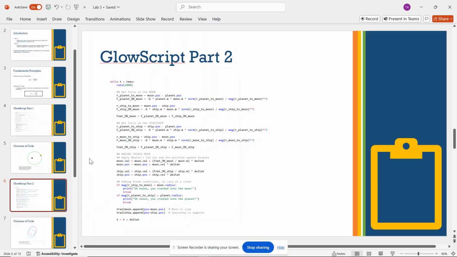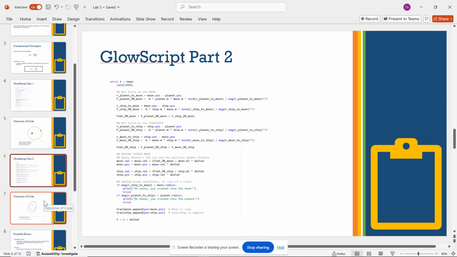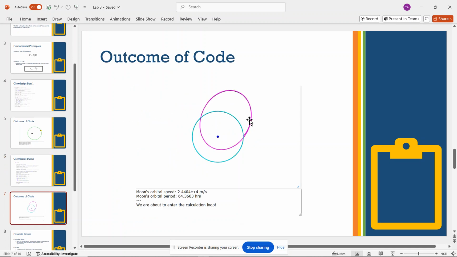For part 2, the code is again a calculation loop in which we find the net forces on the moon, the net forces on the spaceship, and then we apply Newton's second law to update the position, and finally we use these positions to try to get a figure-8 trajectory around the black hole. So here is what I had for my outcome of part 2, and as you can see, it